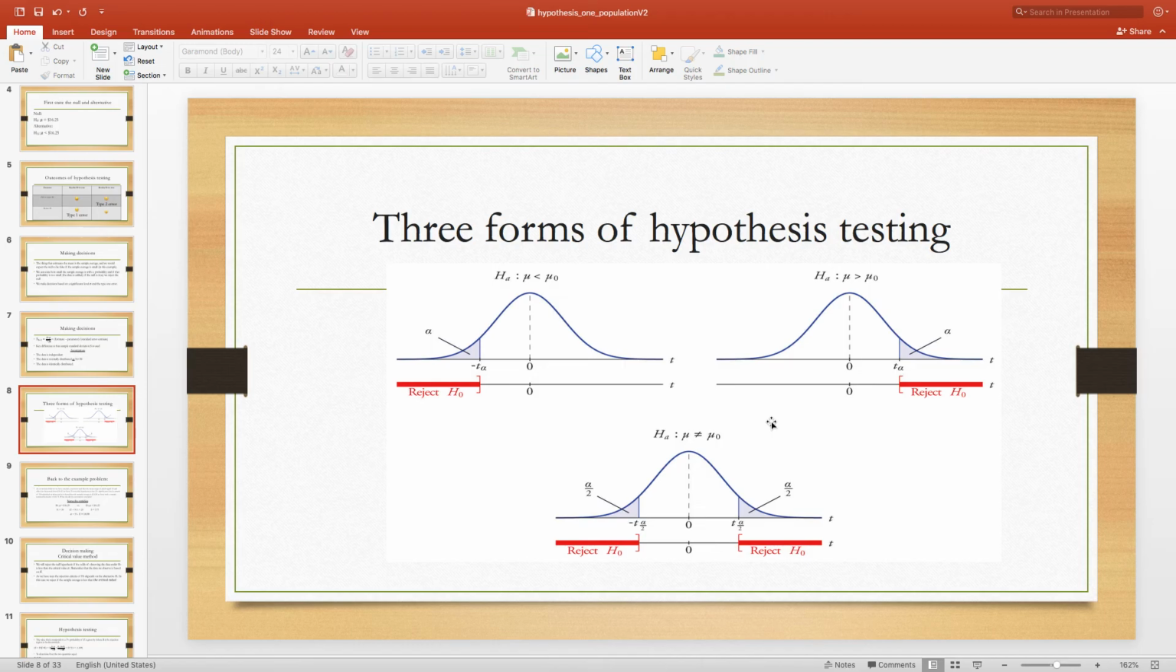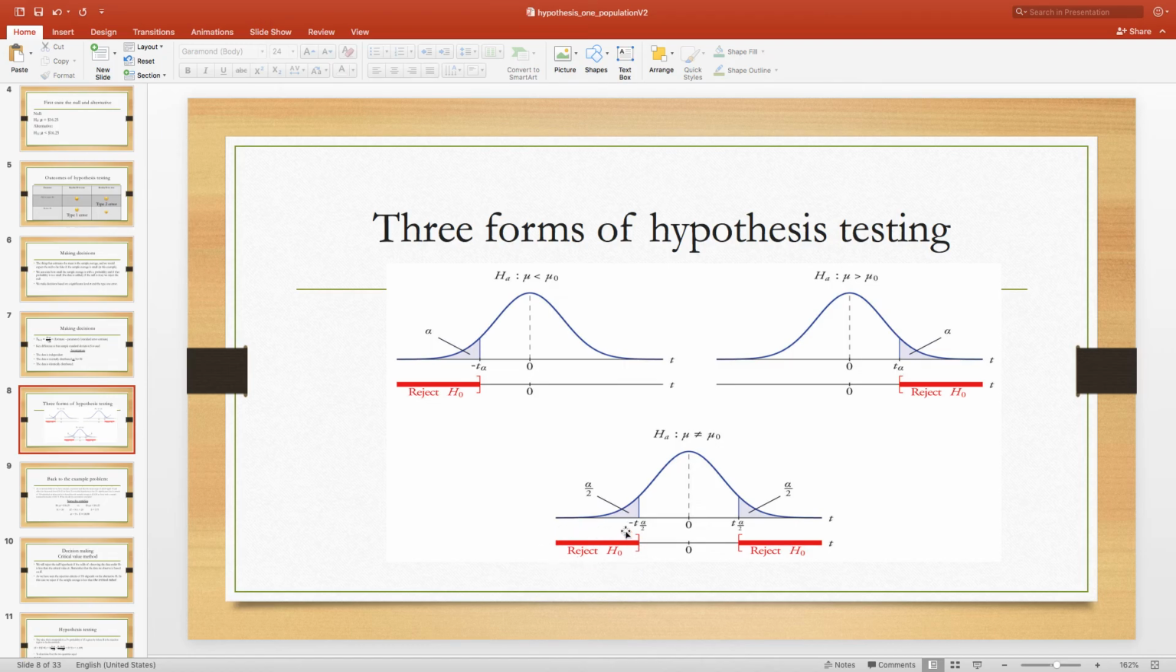Now, a third form of the alternative is just that the mean has changed. You don't know if it's increased, you don't know if it's decreased, you just believe it's not true. And there are two forms in which the mean cannot be equal to some number. It could have decreased or it could have increased. So there's two rejection regions. You're going to reject it if the mean is bigger than H0 in the right tail or